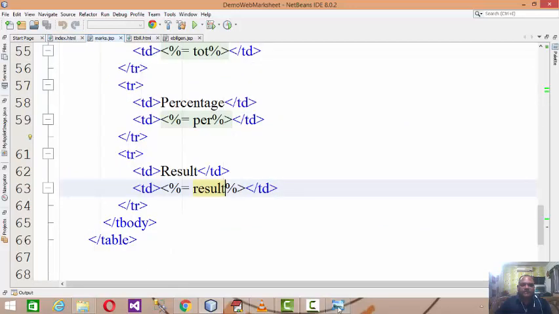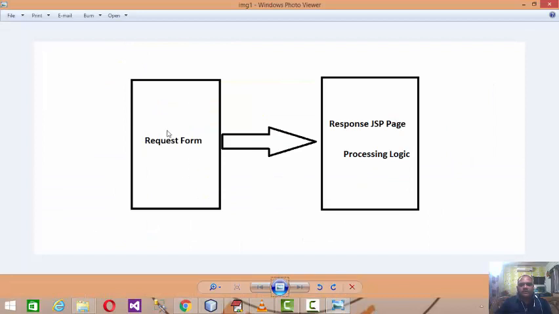Again, as I said, today I am going to discuss how I am going to read the data from the user. In the prior sessions we were just able to post the data to the response page. But now, in that response page, how am I going to add the server side logic, so that the data which is posted to the server we are able to process, and now we are going to develop it so that the response of the server will be displayed over here, right?